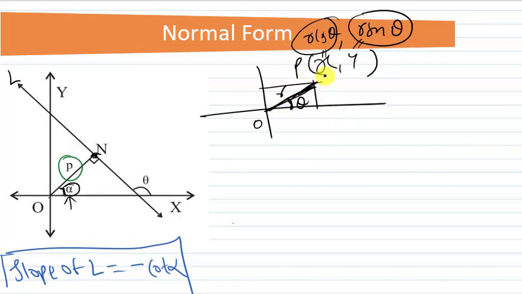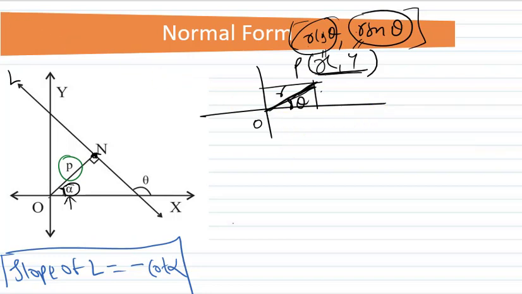Here x comma y are the coordinates of point P in the Cartesian plane, and r cos theta, r sin theta are in the form of the polar coordinate system we have used. It is not in polar coordinate system, I am just relating it. You can directly apply basic trigonometry here.